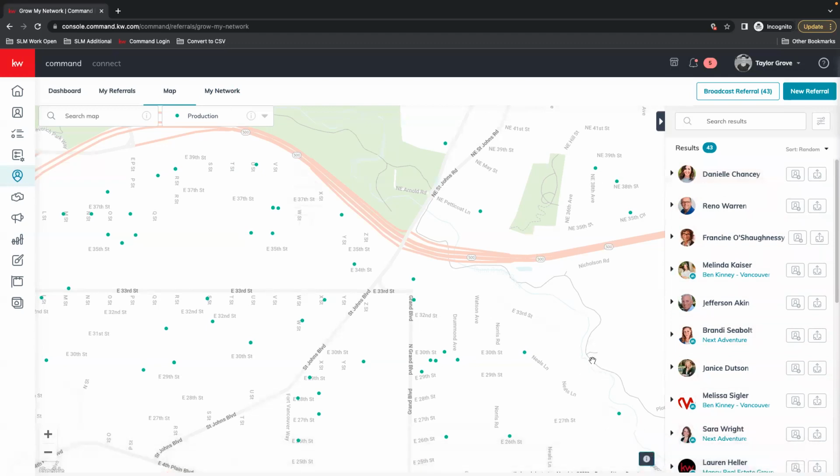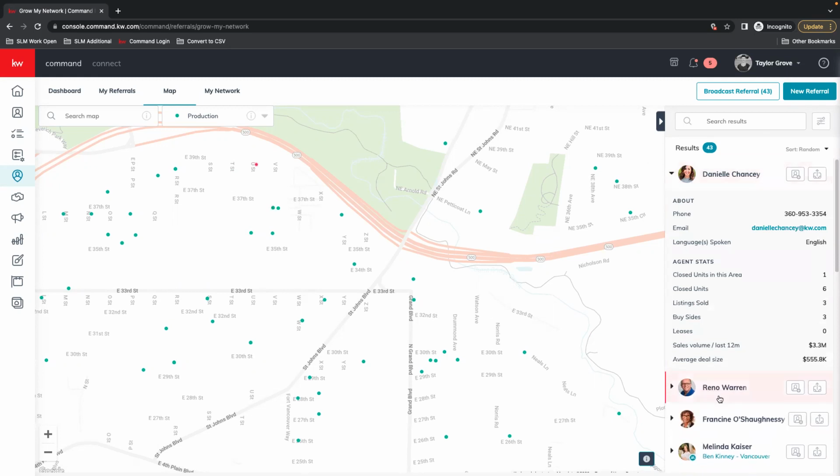Then they can go in and look at the referral fee, the first section of stats, and price range. They ultimately will respond whether they want it, or they can just ignore it and pass on it so that another agent will have the option to. That's pretty cool if you wanted to do that rather than spending the time looking through the stats and trying to find the best person.